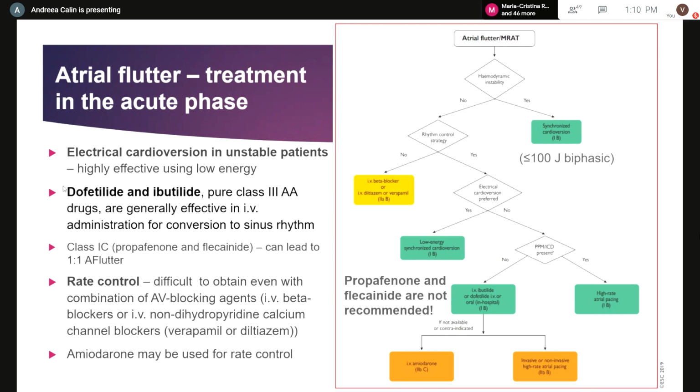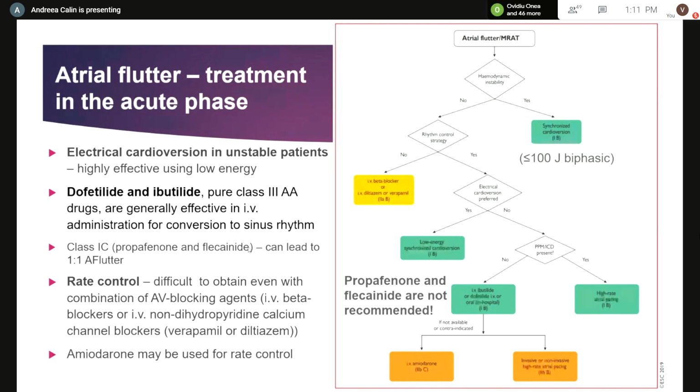We don't have these drugs in Romania, dofetilide and ibutilide, that are class 3 antiarrhythmic drugs that can be given in intravenous injection. We have propafenone and flecainide, but these are contraindicated in patients with flutter in order to convert the patient, because they can lead to a one-to-one transmission atrial flutter, and the patient may become unstable when